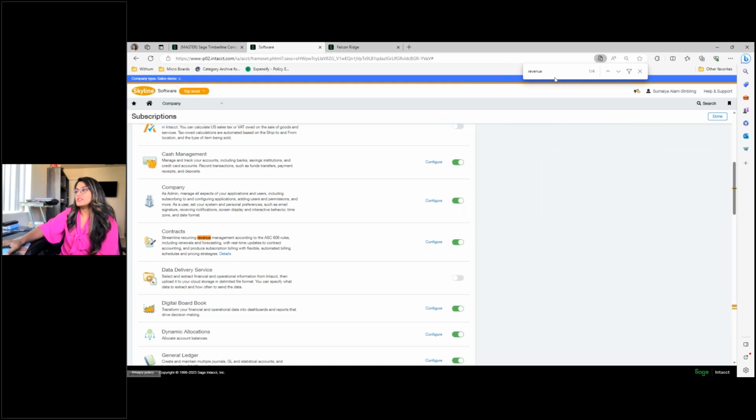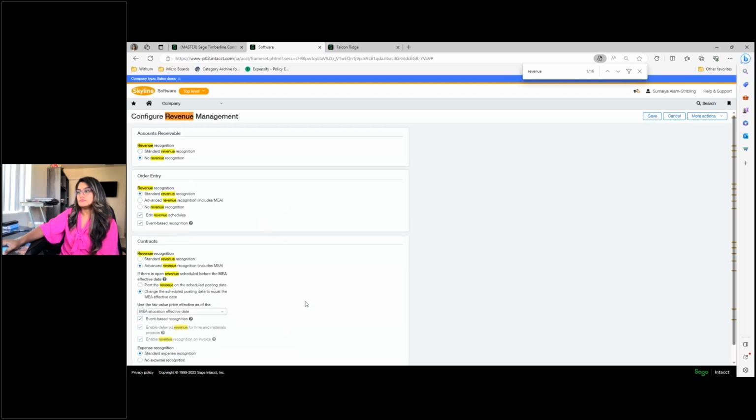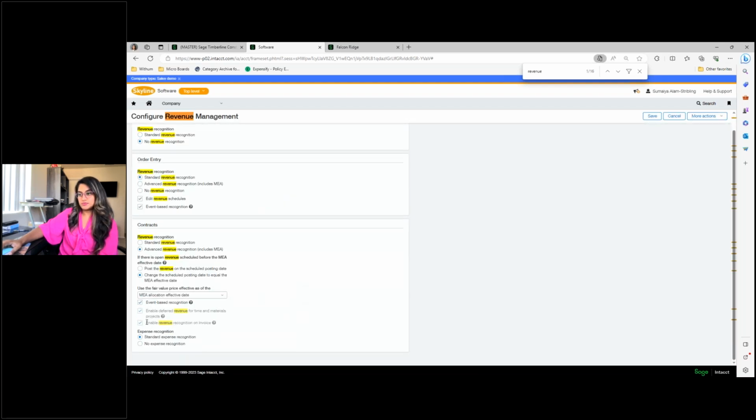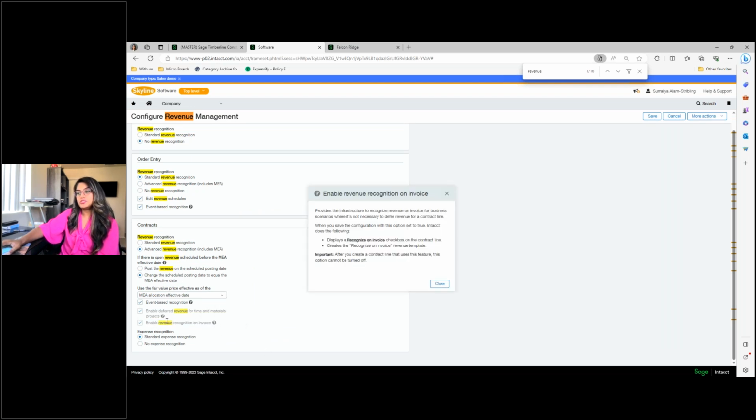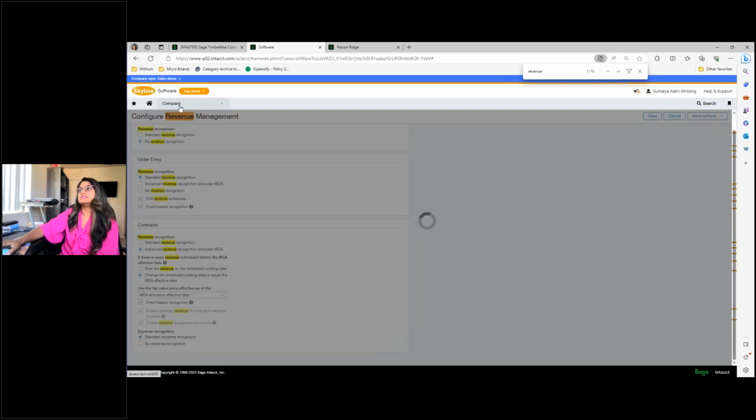This is my contract demo. So I'm going to go to company subscription. This is how the subscription page looks. And then I'm going to look for revenue management, configure. Here is this option, enable revenue recognition on invoice. Before you turn it on, I would encourage you guys to read about it a little bit, because as you can see, I have it turned on and it grays out, so I can't turn it off. So something to keep in mind. Once it is turned on,